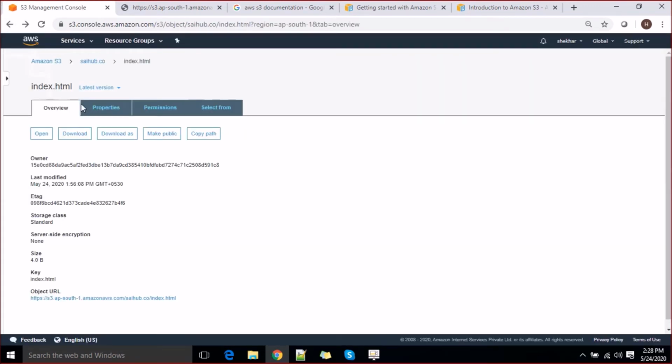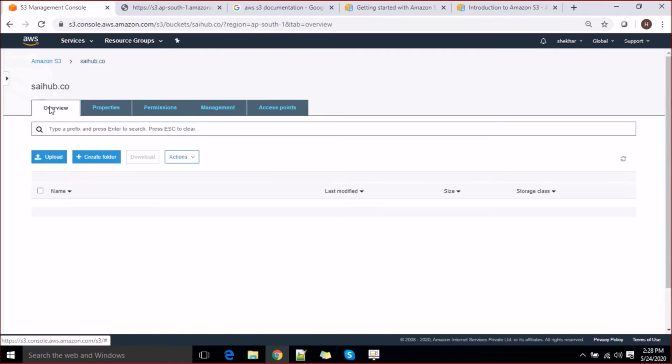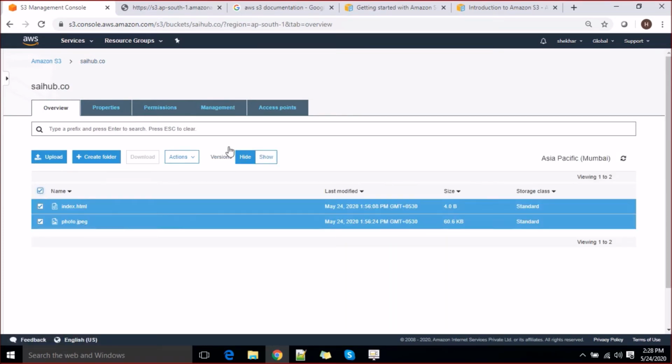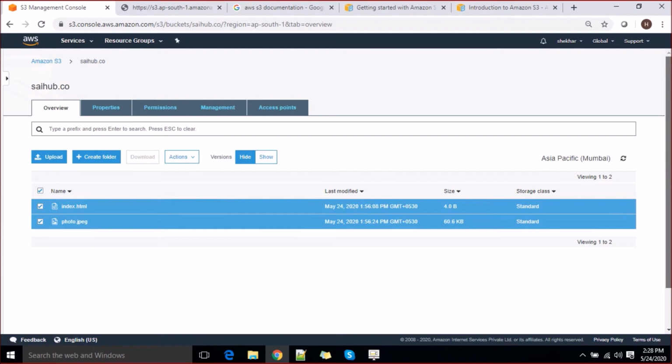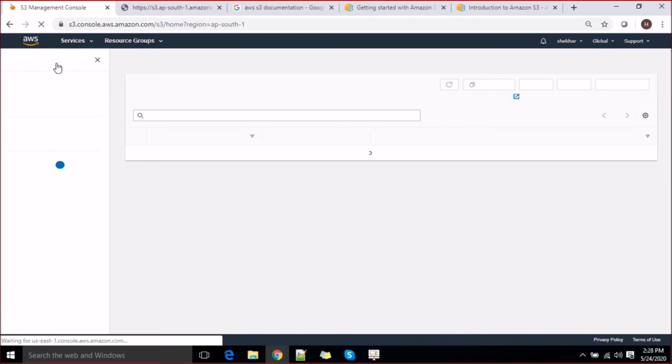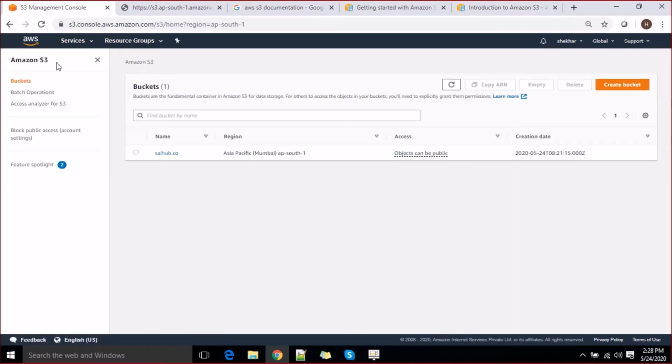So this is how version control can help you. This is also how you can change the storage class of your object directly from this specific place. Just select your objects, select here, change storage class, encryption, whatever you want, you can do it from here. This can help you save more cost, and this practice can help you in cracking interviews also. More questions might be asked from S3 bucket itself.